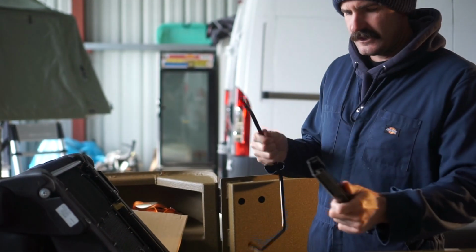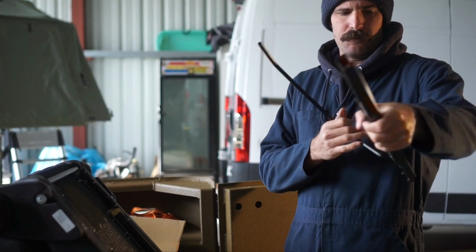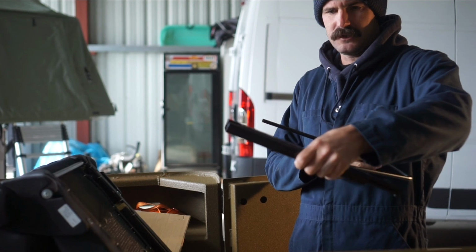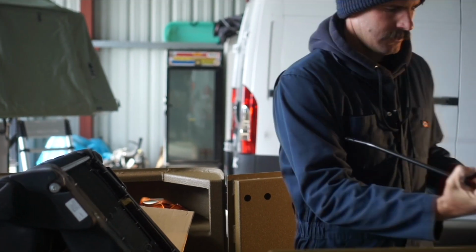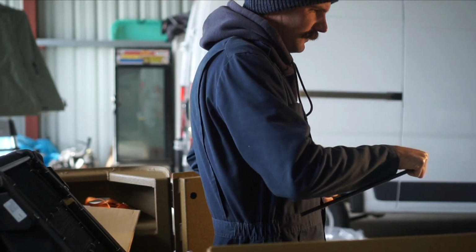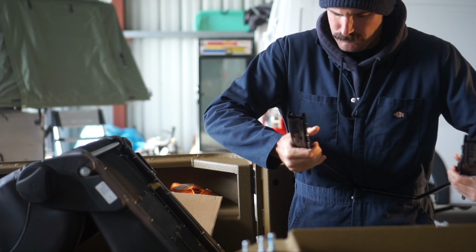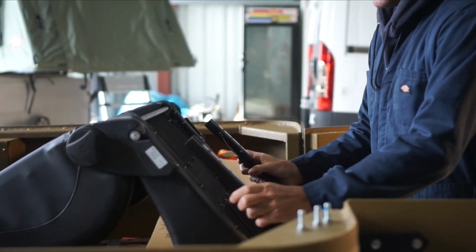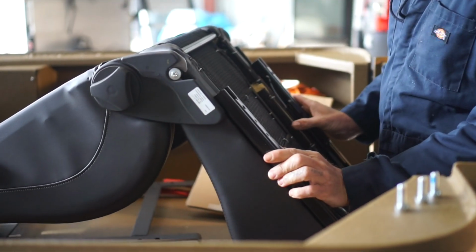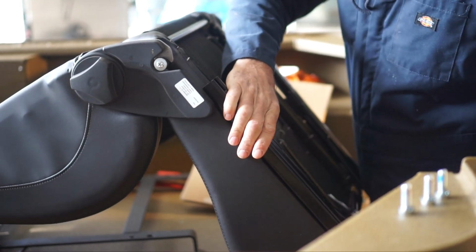Here's the slides, and this is the adjustment bar. You want the adjustment bar pointing down, so you pull up to slide back. And this just pops into place like that. And then these go mounted to these holes here. And then it's a game of adjusting it while trying to get